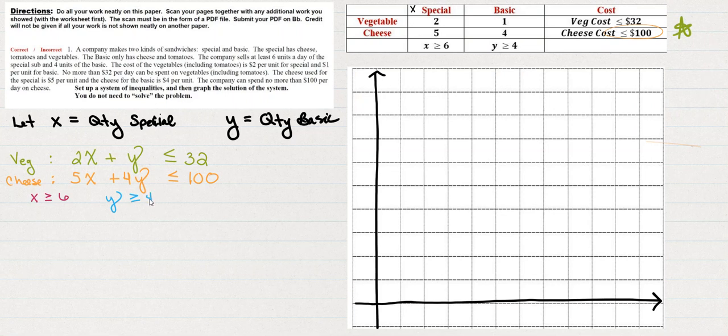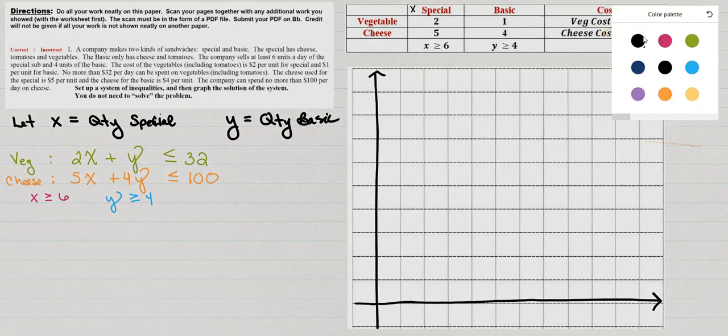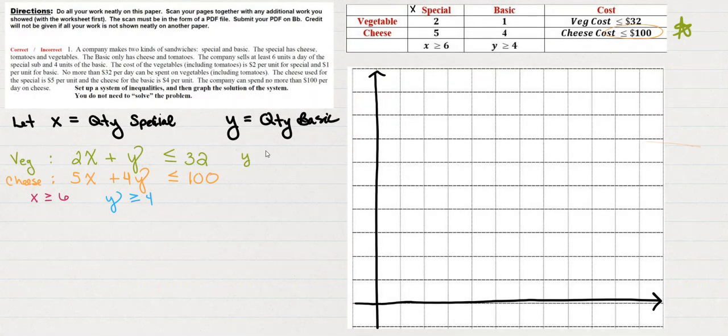Next, I'm going to graph these, but I know that for graphing these, especially when I graph the green and the orange, it's going to be important to know where they intersect. And it's also going to be helpful to have these solved for Y, so that I have it in y equals mx plus b form, right? So that I can easily graph it. So if I were to solve the vegetable inequality for y, that's really easy. I'll just subtract 2x from both sides. So y is less than or equal to negative 2x plus